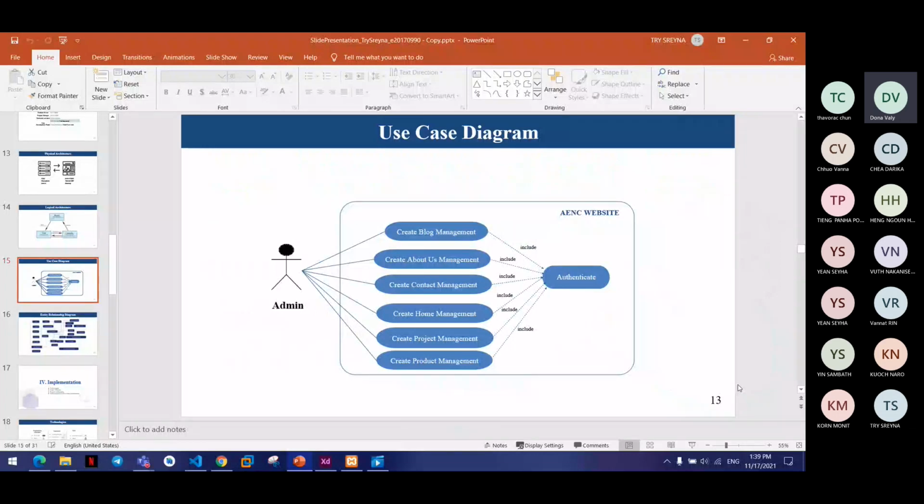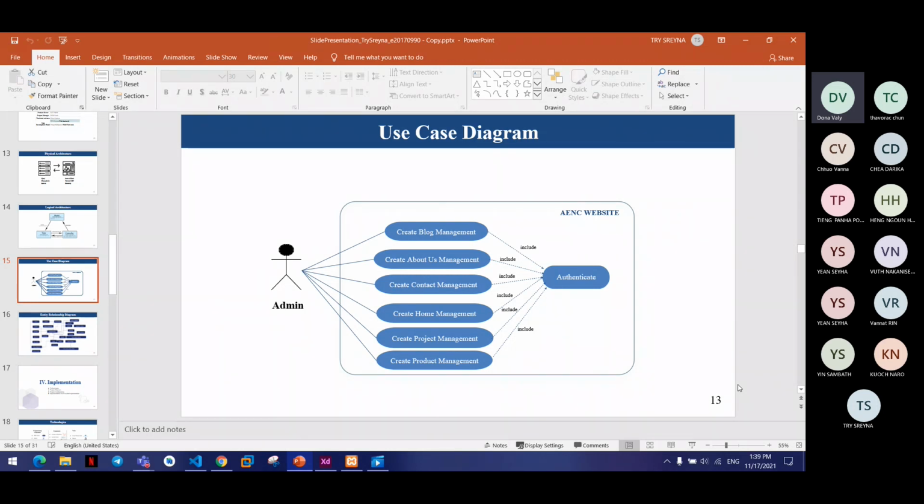According to what I can understand from your presentation, I think your work is more about a content management system, right? Yeah, teacher. It relates to administering our website. Yeah, so we can use your system to edit or update the information on each page of the website. Yeah, teacher.